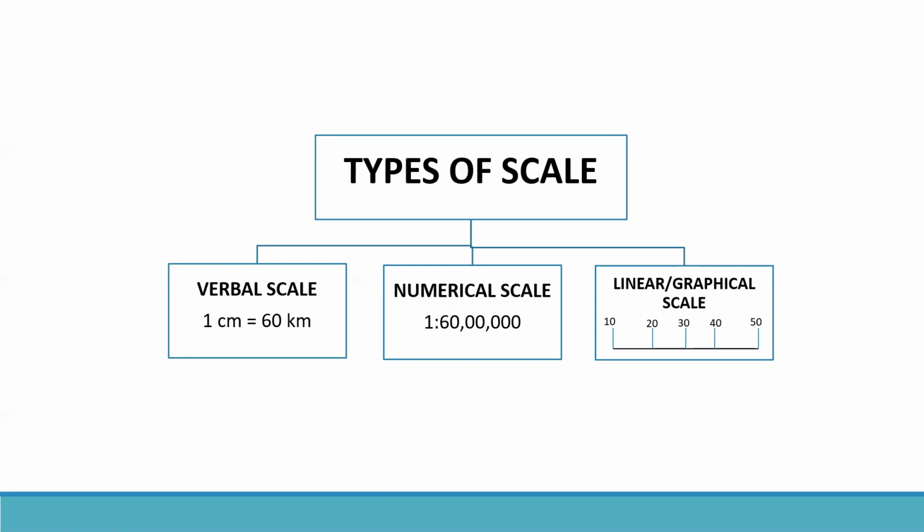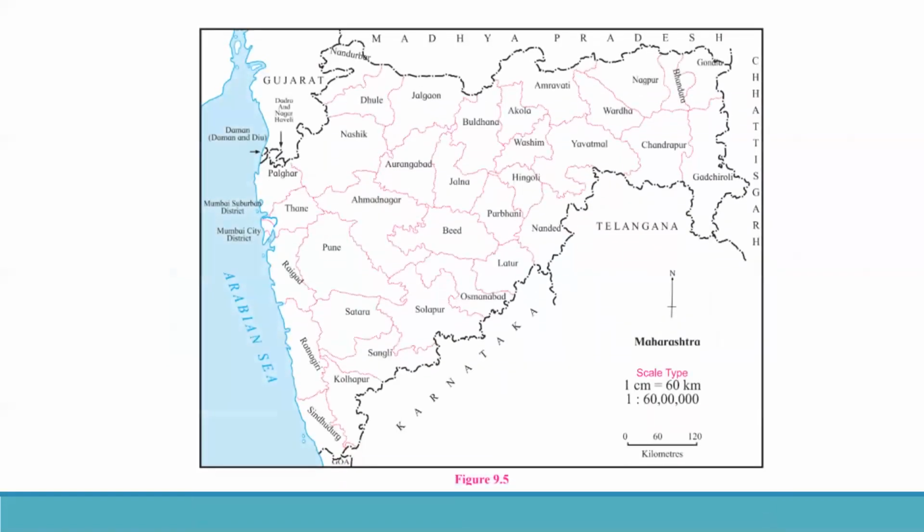Now, what is the importance of this graphical scale? That is the third. You'll find that mostly all maps have it. First of all, I'll show you how these things are used. All three scales are shown on a map. Now, there are many elements of a map. Element means what a map contains. You have a title, a subtitle, then a direction. I told you that north, which is shown, is also one of the elements. Then you have the scale. Sometimes you have the index also.